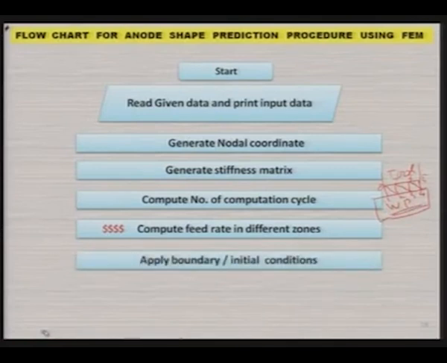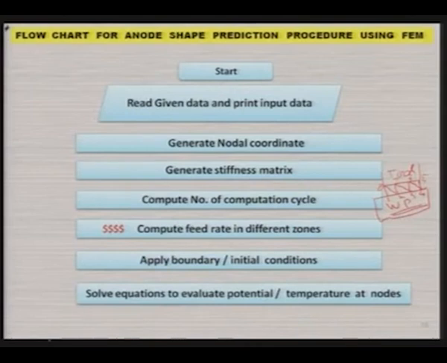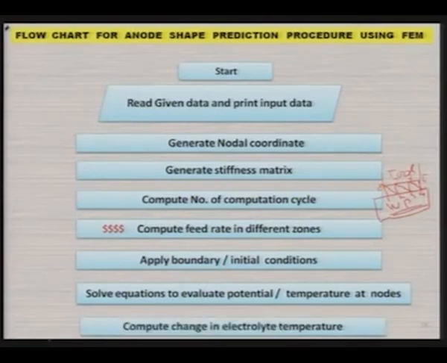Then apply boundary or initial conditions, as I showed you earlier also, just like phi is equal to 0 at the cathode and phi is equal to V minus delta V at the anode, and there will be other boundary conditions also. Then solve the equations, that is the Laplace equation, to evaluate the potential distribution or temperature distribution at different nodes. Then compute the change in the electrolyte temperature at different points. After computing this,